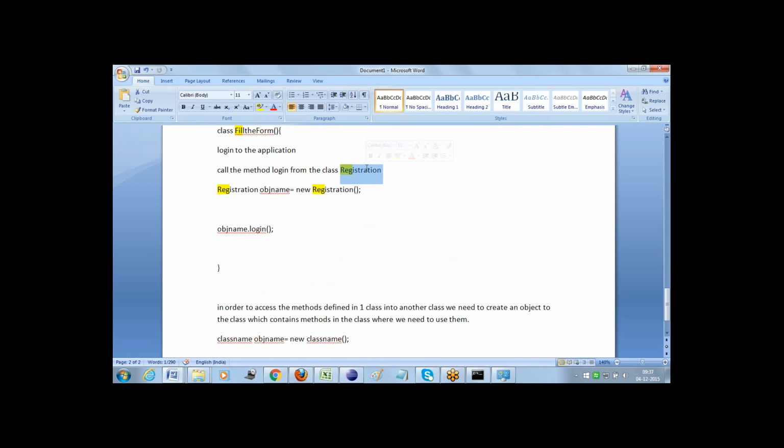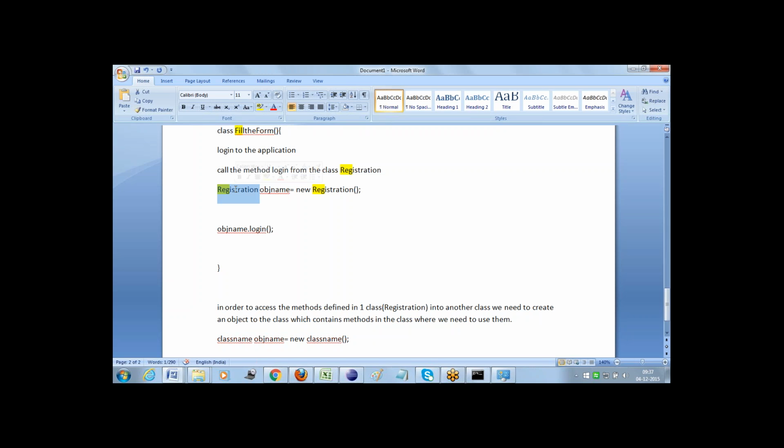In order to create an object of any class, the syntax is class name, space, obj name, equals new class name. When we need to access the methods defined in one class, here the registration class, in another class, we use this object creation, and this is the syntax.